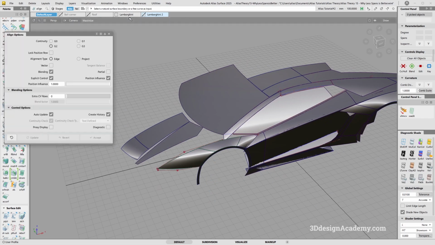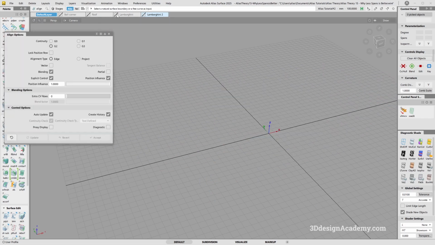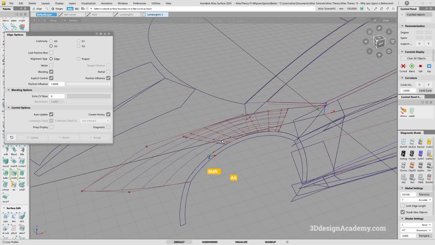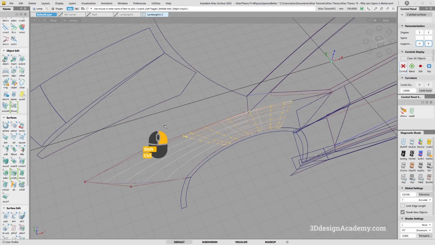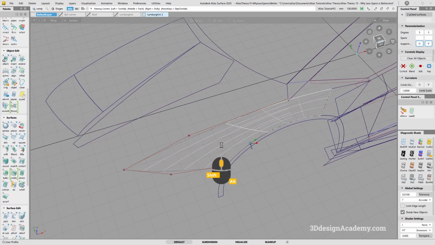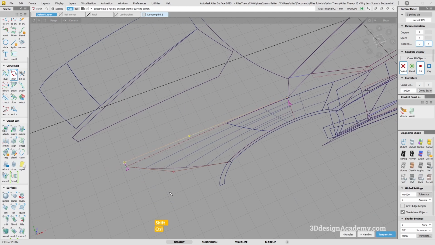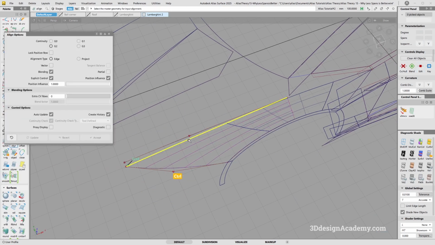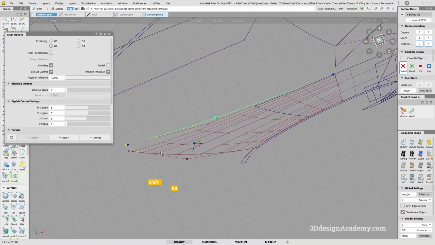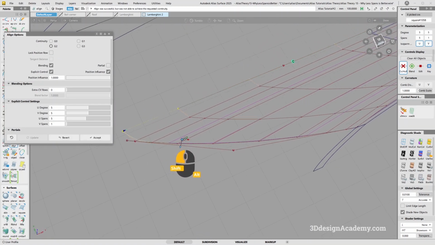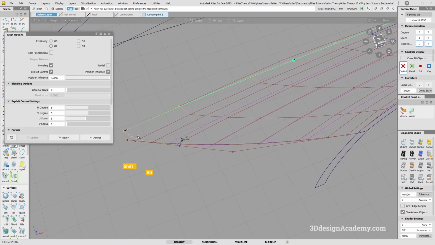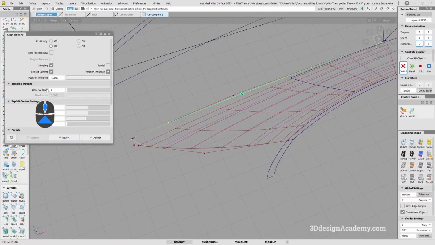However, if this had more spans, so I'm going to go ahead and turn that off. And this one, I purposely, even though it's the same surface, cranked up the number of spans by quite a lot. So now I'm going to use the stretch tool over here, about a similar distance like this, and I'm going to try and align this one. Because right now there are multiple spans,